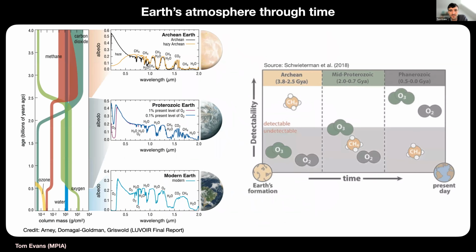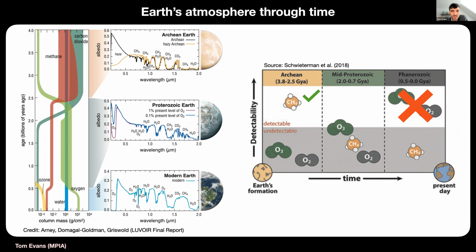So here's a diagram that summarizes how the prominence of biologically relevant gases have varied over this time along the horizontal axis, divided between those that would have been least detectable in the lower half of the panel and those that were more detectable in the upper half. So basically, methane would have been good during the Archean, and oxygen would be good in the last 500 million years. Turning back to JWST, you'll recall, though, that oxygen seems to be out of the question. So that leaves us with methane.